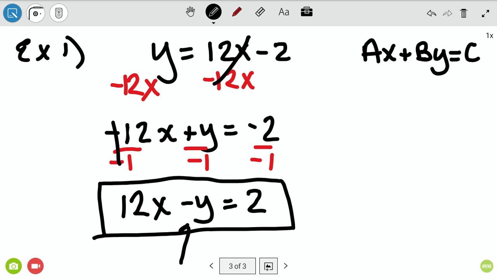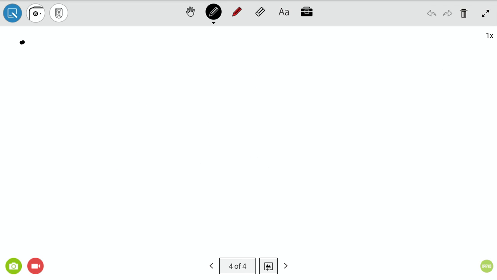Now, this being a negative y, not a problem. You can have that being negative all day long. Your constant over on the other side can be a negative. That doesn't hurt anything. The only thing that can't be negative is your lead term. All right? All right, example number 2